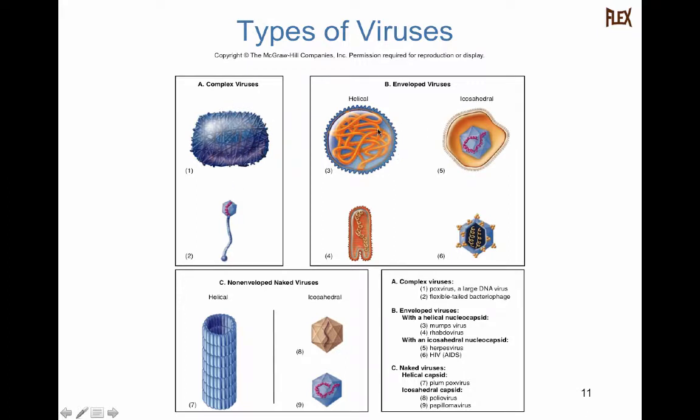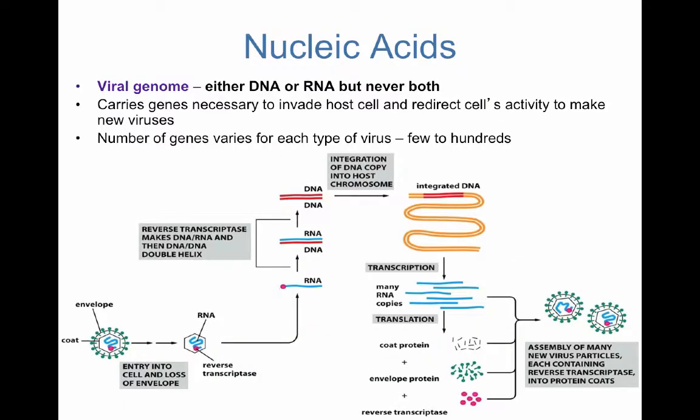Also, we talked about how there are enveloped viruses, and then there's non-enveloped viruses as well. So later in the semester, I'll go through and cover every single viral family, and I'll talk about all of the infectious diseases that are typically associated with those viruses, the symptoms, the treatment, all of the characteristics of that particular virus. But just for now, we're just covering the basics. So just remember, there are some that are complex, atypical, some that have an envelope surrounding their capsid, and then some that are non-enveloped or naked viruses.